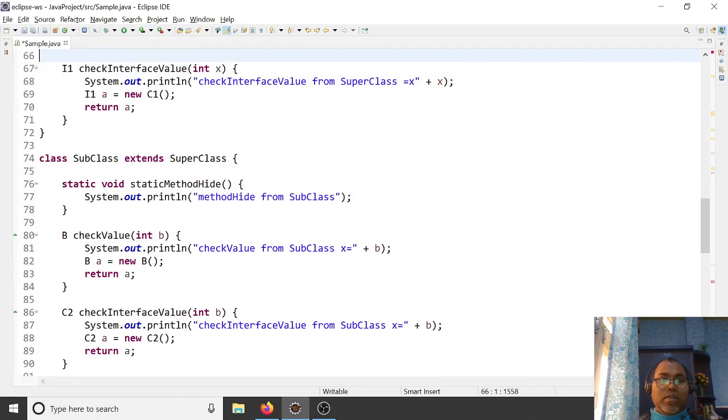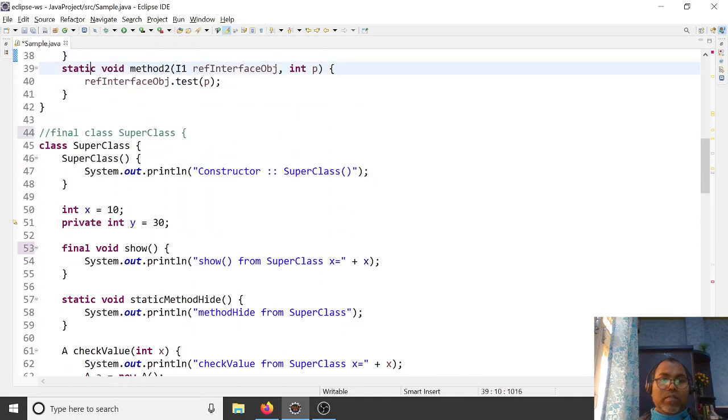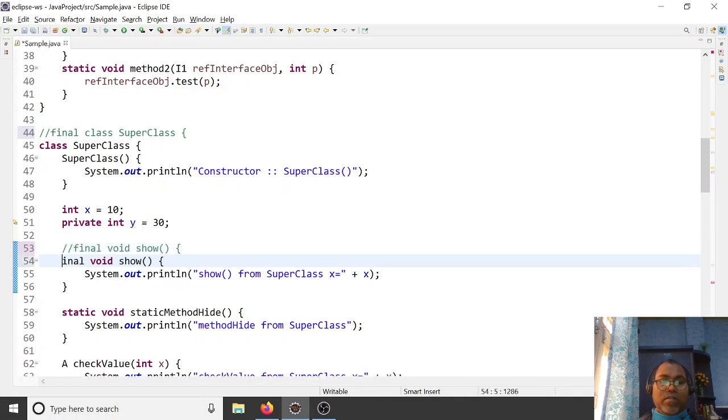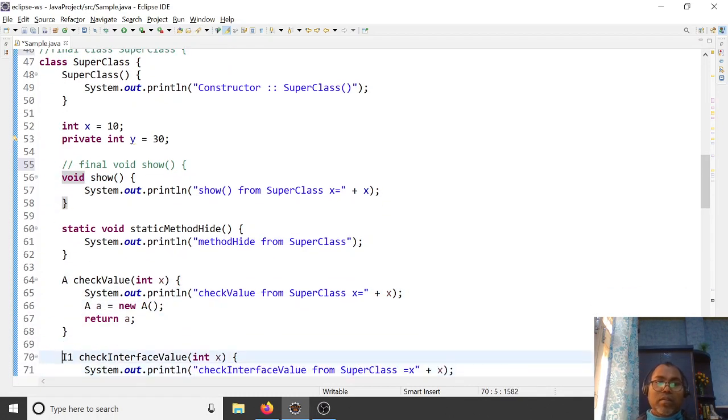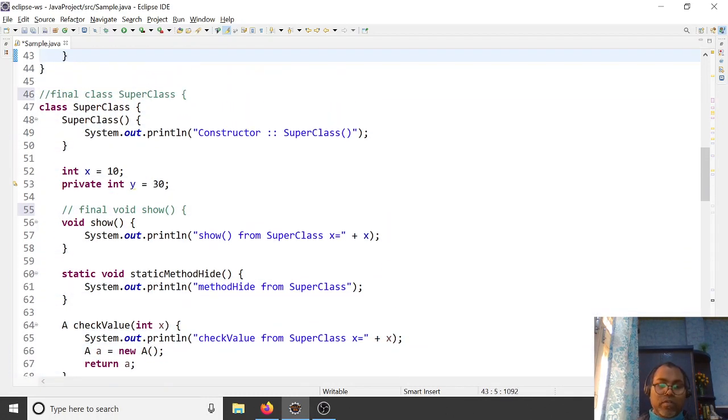You can also specify the final keyword here. You can declare a class as final, which means this class cannot be inherited by any other class.